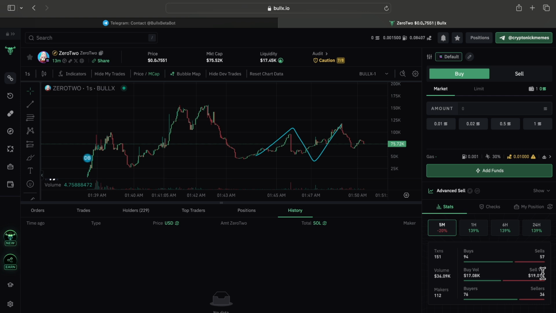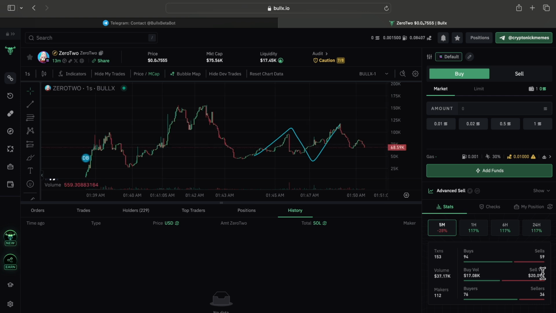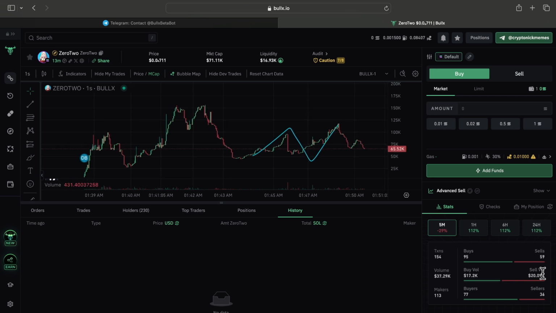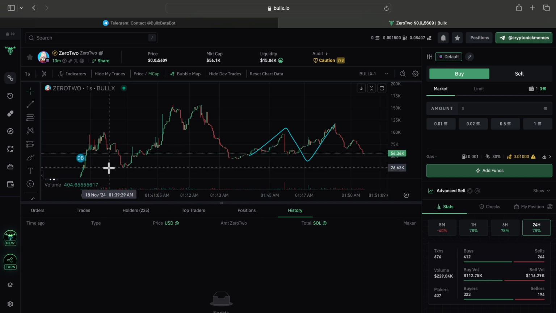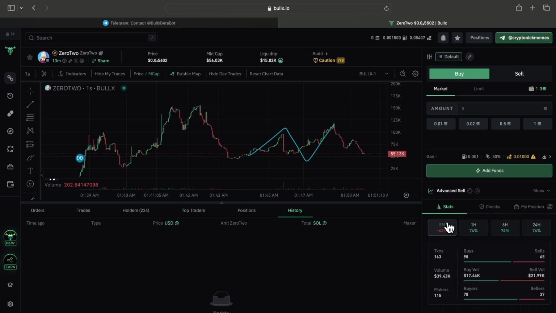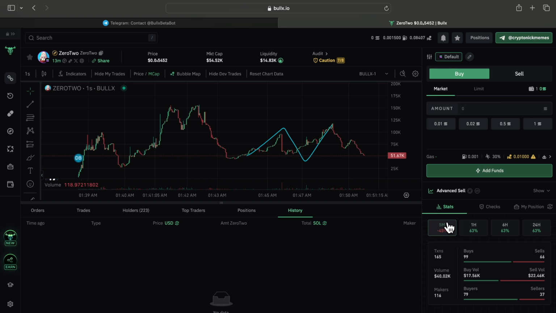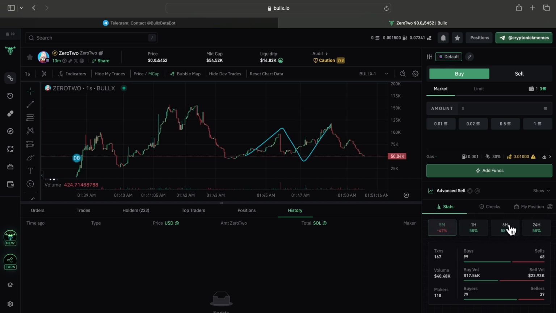So it's not really magic, but it's telling you about the short-term trend of the chart. So it's definitely very, very helpful. And of course, 1 hour volume, 6 hour volume, 24 hours volume, that's simply too much to look at for a coin which has been live for just 10 minutes. So stick to 5-minute volume unless the coin has been live for like half a day, or maybe weeks. In that case, you can go to those higher